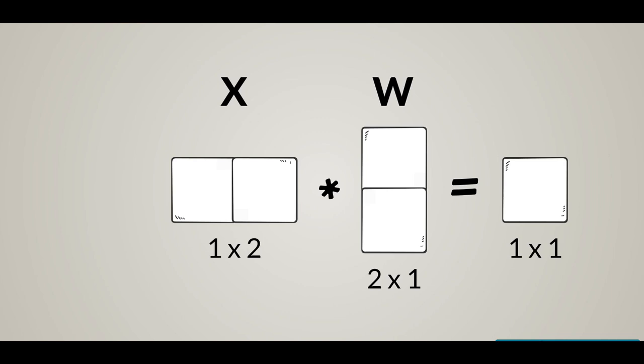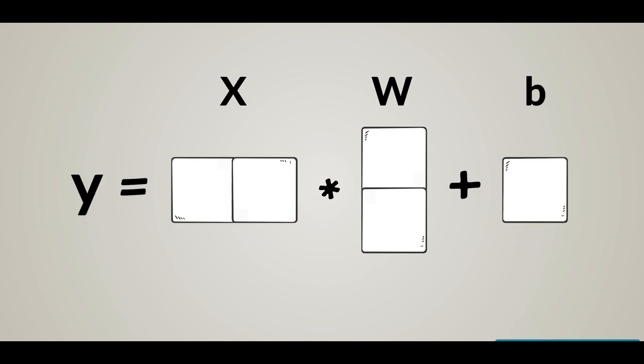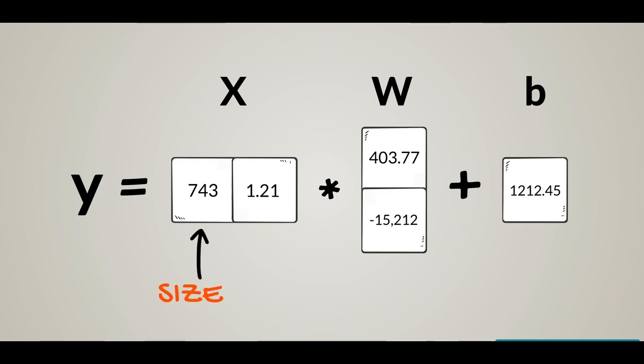Let's continue our housing example with the two input variables. The output y is equal to x times w plus b. X has two elements, a size of 743 and a distance from the beach of 1.21 miles. W has two elements too, one for each input. The values are 403.77 and minus 15,212. This time the bias is plus